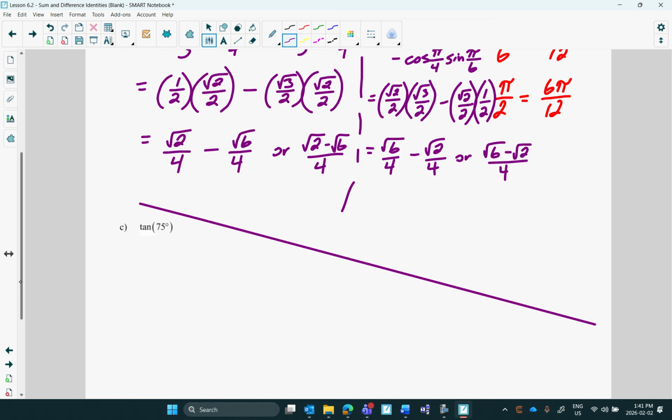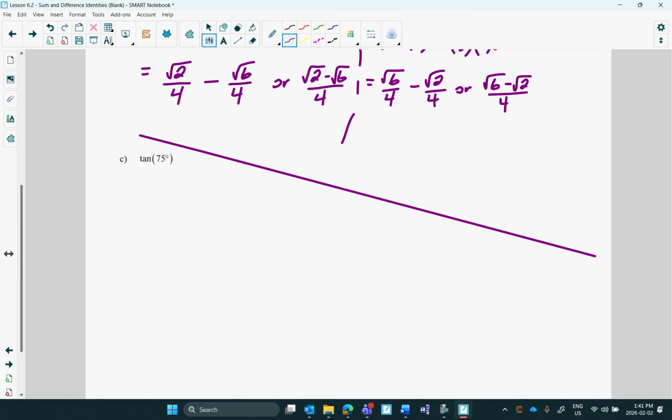So there's a couple of examples in radians. Here's one with tan in degrees. Degrees is actually easier because it's probably easier to, can you think of two angles on the unit circle that add or subtract to get 75? Think of your angles on the unit circle. Think of the angles in quadrant 1, 30, 45, 60, then 90. 30 and 45. So I can write this as tan